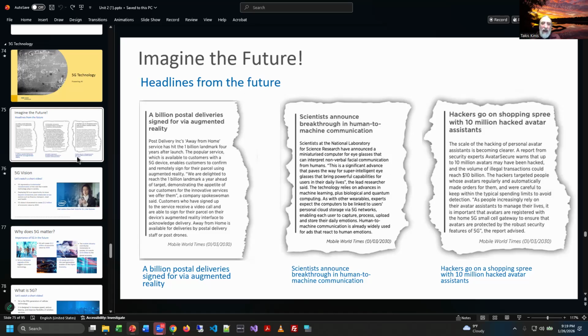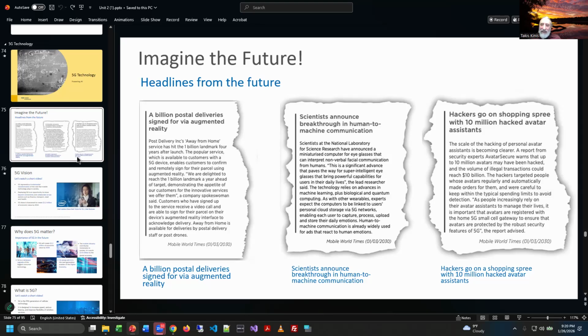Kind of interesting. They talk about here the breakthrough in human to machine communication. So, for example, you walk into a restaurant, you sit down at a table, and your food comes, and you make a face because it's like, oh, this looks terrible. What if they had facial recognition technology at the restaurant that would recognize it? So, hey, the person at table 5 is making a face about their food. You should go check on it. Maybe there's something wrong with it. Maybe it's not the right food. That type of thing.